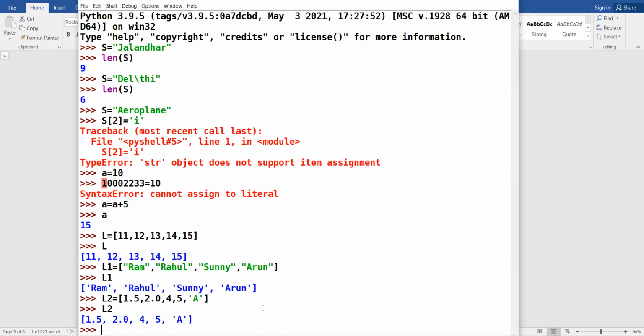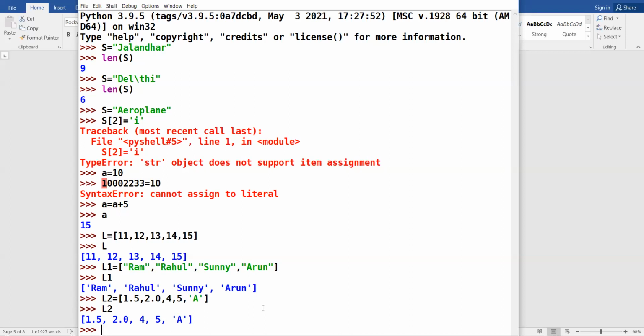List is a collection of comma separated values. What I mean by comma separated is that the values are separated by comma. The comma separated values of any type. It can be float, integer, string, character, anything. Enclosed in square bracket.